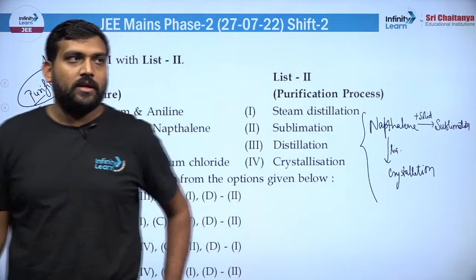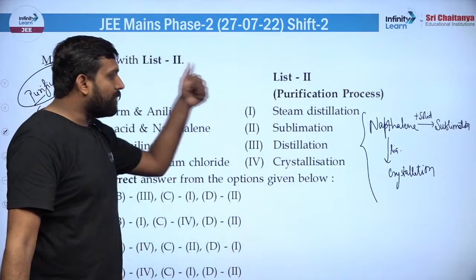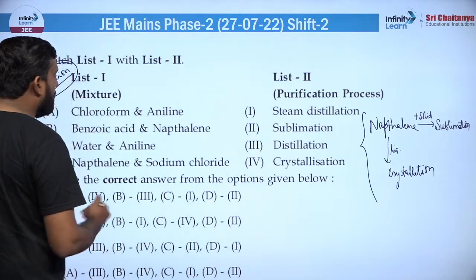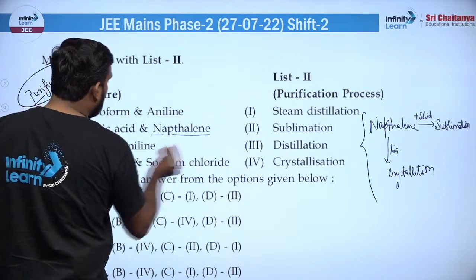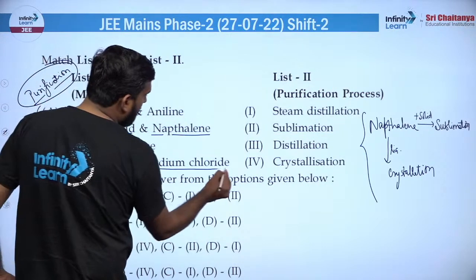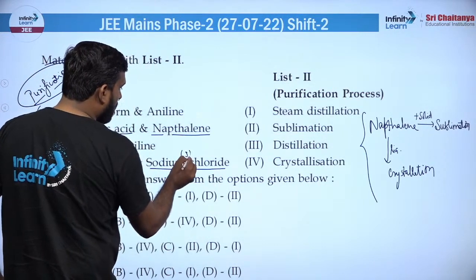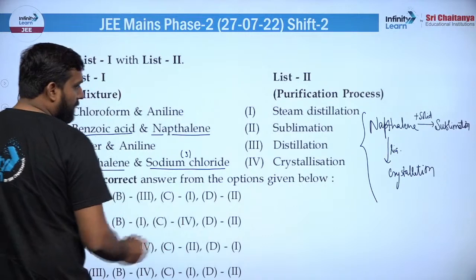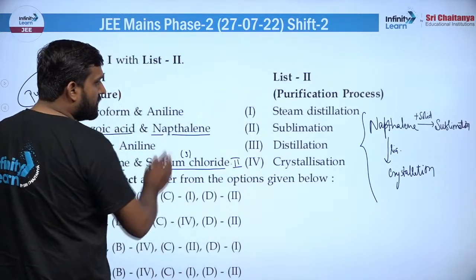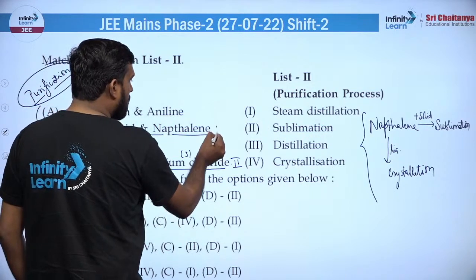क्योंकि ज्यादातर केसेस में नैप्थलीन आपको मिलता ही मिलता है, ठीक है। तो वो ट्रिक आप याद रख सकते हो। जैसे यहां पर अगर आप देखो, नैप्थलीन बेंजोइक एसिड के साथ मिल रहा है। यहां पर नैप्थलीन सोडियम क्लोराइड के साथ मिल रहा है, तो सोडियम क्लोराइड तो सॉल्ट हो गया, सॉलिड हो गया, तो यहां पर आप इसके लिए सब्लिमेशन यूज करोगे, तो ये सेकंड ऑप्शन से मैच कर गया। और इसके लिए आपको क्रिस्टलाइजेशन यूज करना पड़ेगा।